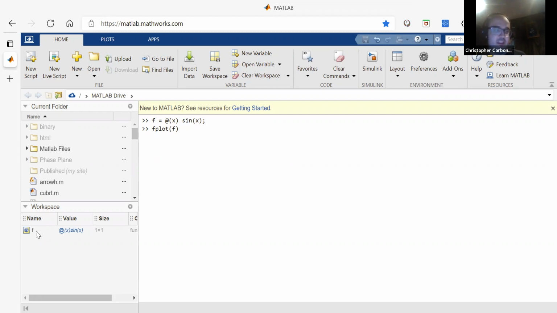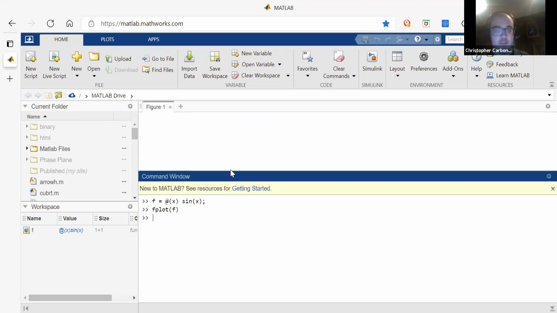And by the way, you can find that function handle listed here in the workspace as a function handle, which is a nice regard. When we run this, it will then produce a graph that will eventually load with our sine function graphed on, as we could see on here. That's one way that we could graph. The other way that we could